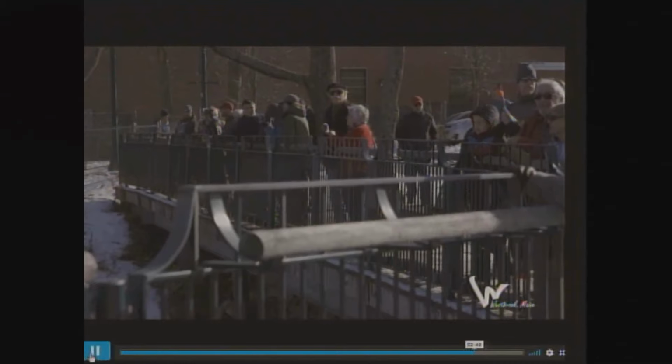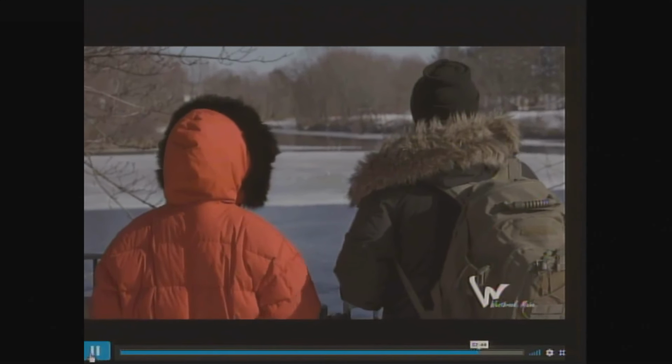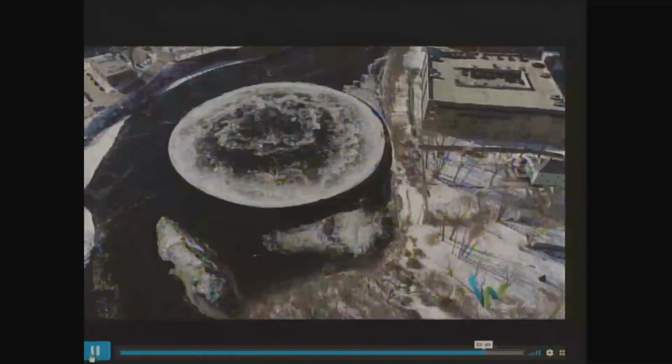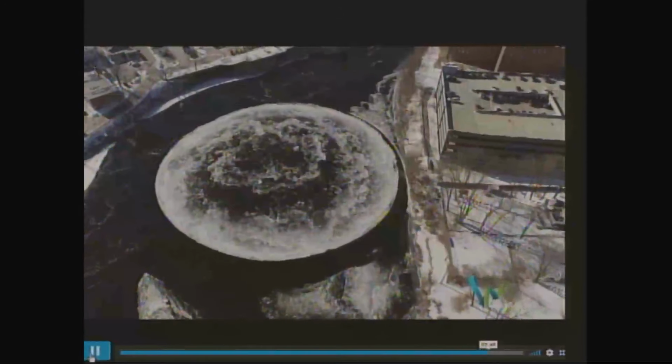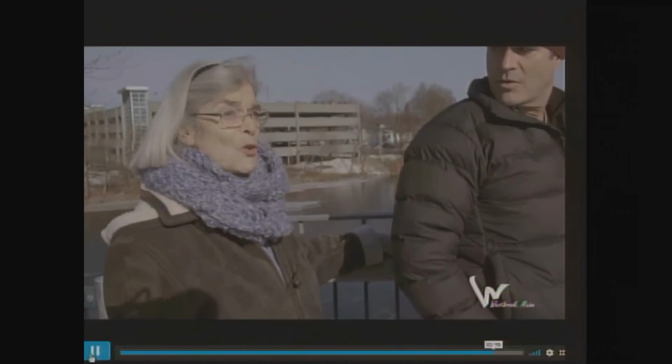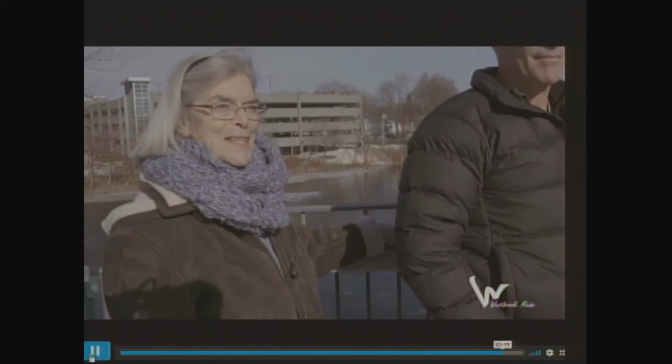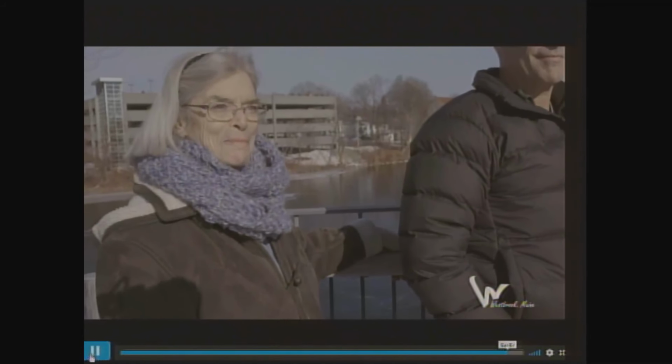It's very unique. I've never seen one before, but I'm glad to have it here and get the recognition for it. What I think about it is it's one of nature's gifts. And you know, we don't always pay attention. There's so many of them out there. But this is one for so many people.